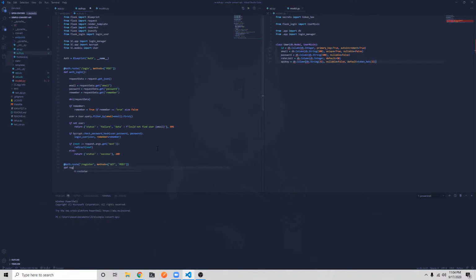Maybe not. So let's just start with the if the request method, which I do import that. If that's equal to get, then we're just going to want to return a render template, and we're just going to say dash